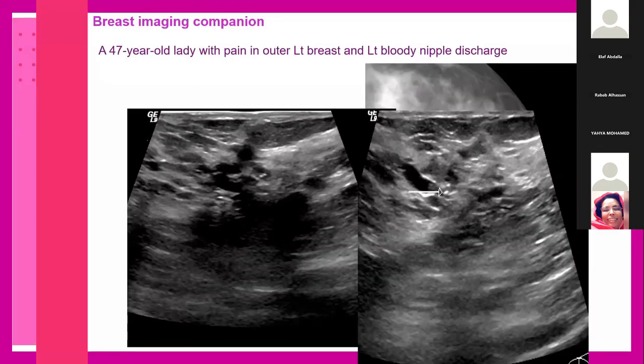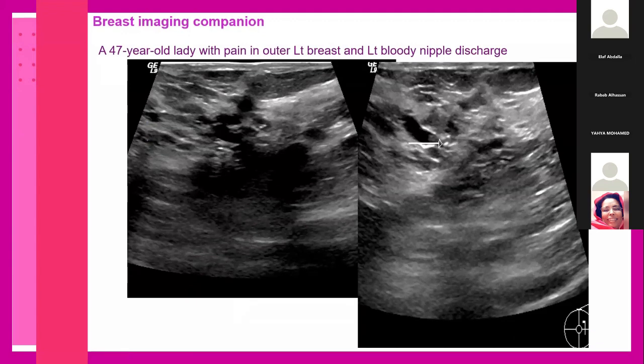Type, no problem. A 47-year-old lady presented with pain in outer left breast and left breast nipple discharge. Okay. And here we can see this is just a segmental ductectasia, but if you concentrate, there is a small soft tissue component with this calcification, okay? And it was negative Doppler. So make it complex